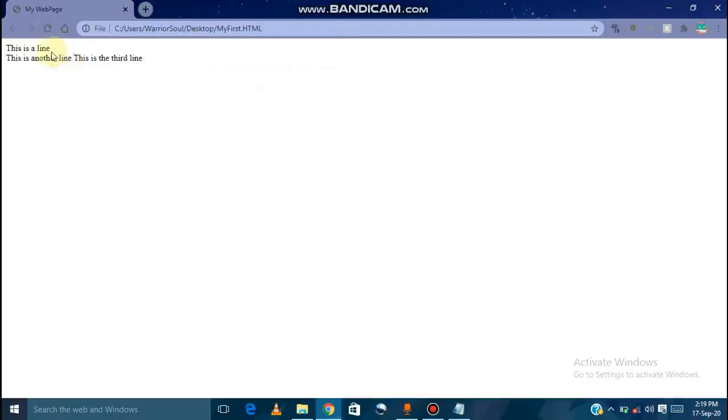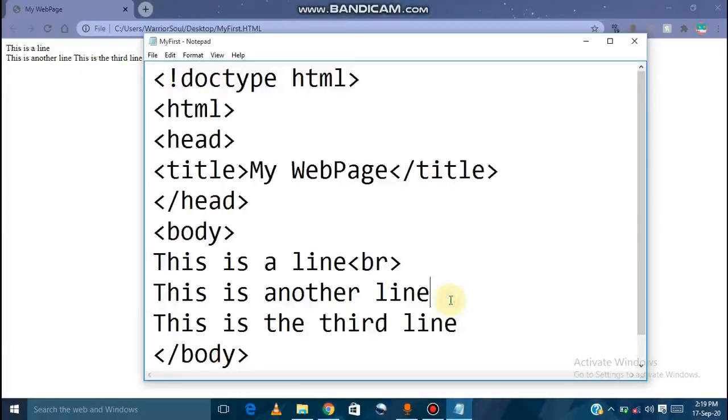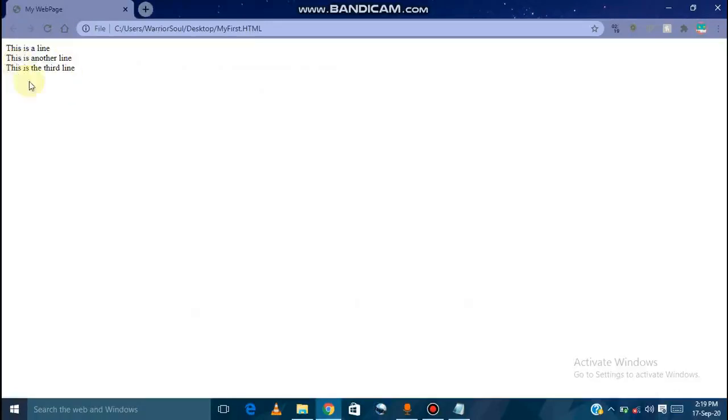Now you'll see that the first sentence is coming in one line and the other sentences are coming in the second line. So you can add BR to this one also, save the file and refresh your page so that the 3 sentences come in 3 different lines. This is how you use a BR tag. Now the BR tag also has a brother. It is called the HR tag, which means horizontal rule.